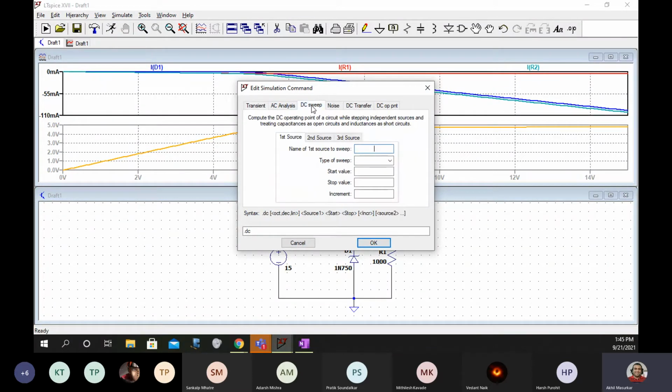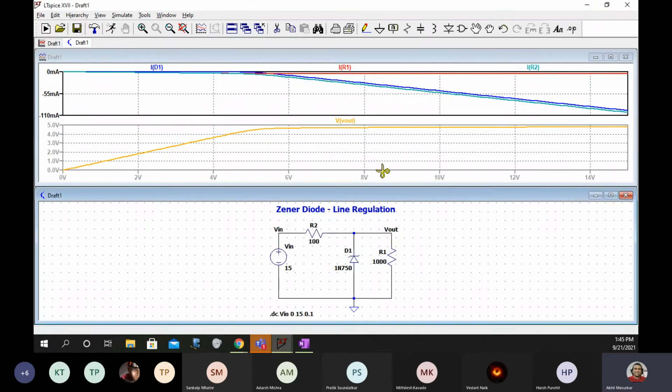Then you go to DC sweep. Here you write V in, use the linear version of the sweep. Start value is 0, and if you want to sweep from 0 to 15, the increment is 0.1.